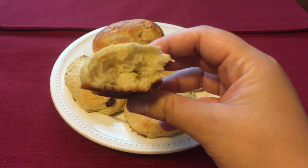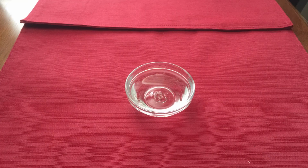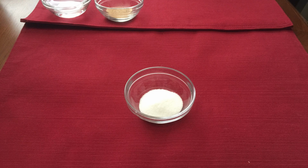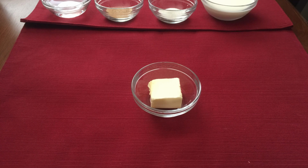Today we are going to make bath buns from the Harry Potter Cookbook. For this recipe you will need a 1/4 cup of warm water, 2 1/4 teaspoons of active dry yeast, 1 tablespoon of granulated sugar, half a cup of whole milk, 2 tablespoons or a 1/4 stick of butter, 2 1/2